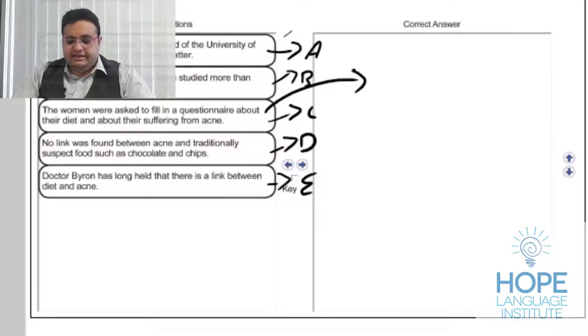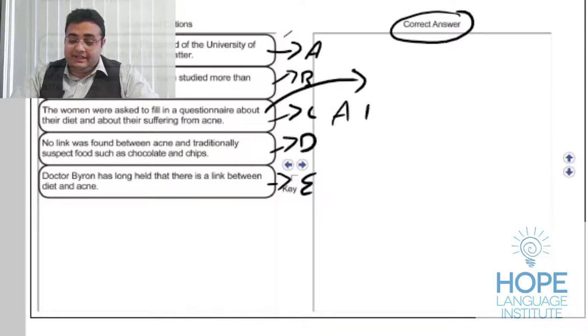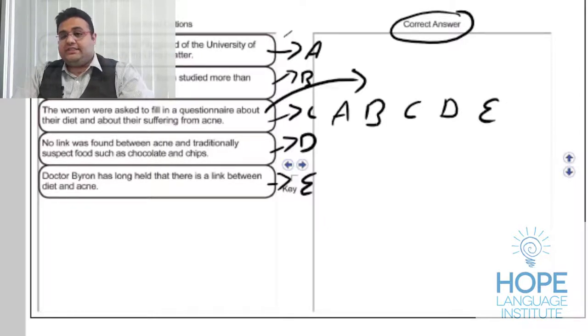Let's call them A, B, C, D, E. Let's say the correct answer that you were meant to give in an exam is very simple. Usually it's not like that, but let's say it is simple: A, B, C, D, E. Let's say that's your correct answer. The correct answer is arranging them in the exact same sequence that they are given: A, B, C, D, E. If that's your correct answer,